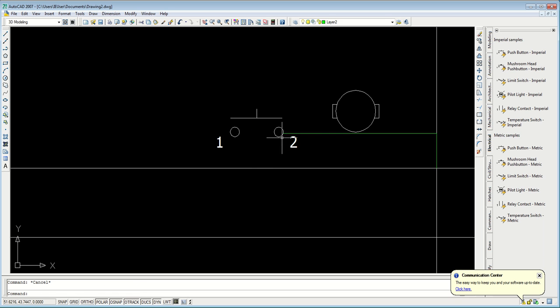Okay, so the line is connected to this point, but this line is not connected to this point because it should be from outside, coming from the motor. So you take from here and to this point to the motor, and this line should be to